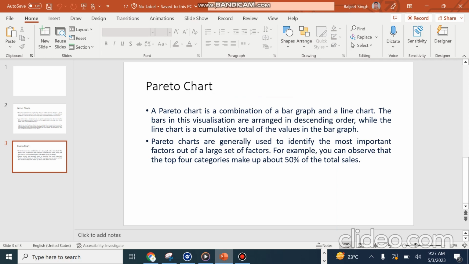For 80% of the business, how many subcategories are important? How many categories or subcategories in a business are contributing to 80% of the sales? Then the Pareto chart comes into the picture. It's a dual axis chart used to highlight dimension members that have the biggest impact on the measure. On the primary axis, bars show the row quantity for each dimension member sorted in descending order. So let's see how to visualize this chart.